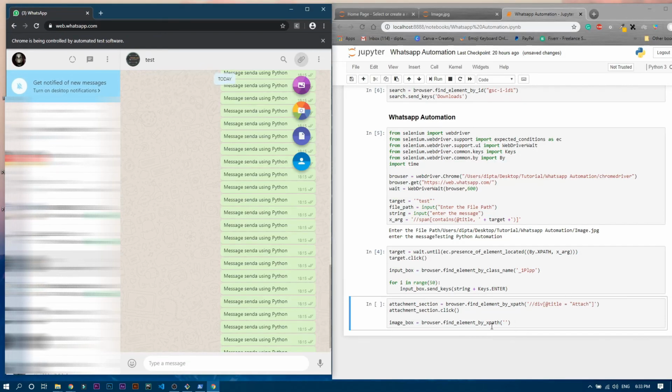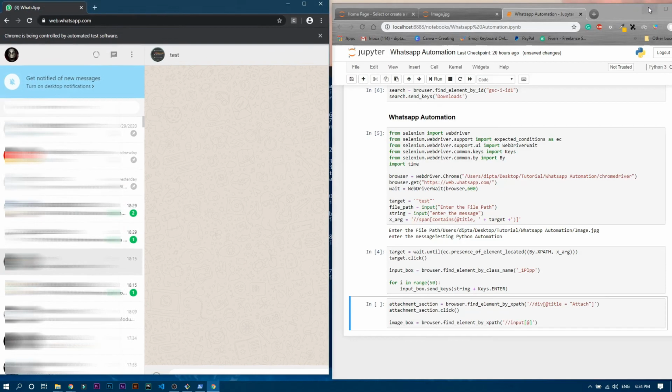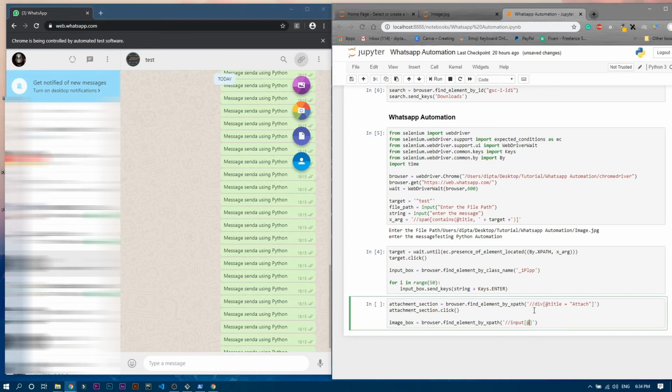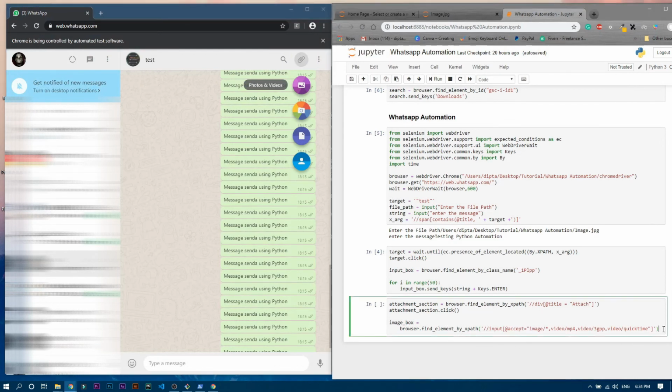So we have to write over here forward slash input, and then a box bracket, and here we will write accept. Let me go over here again and copy this thing, from accept to the whole thing, and now minimize this and write it over here. Yeah, fine. You can clearly see that it is an input tag which takes this argument, and now we have to send the file path over there, right? Because if you click on it, it will ask for the file path. So we have to send the file path to this section, right?